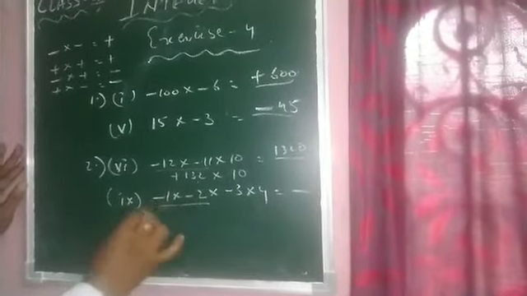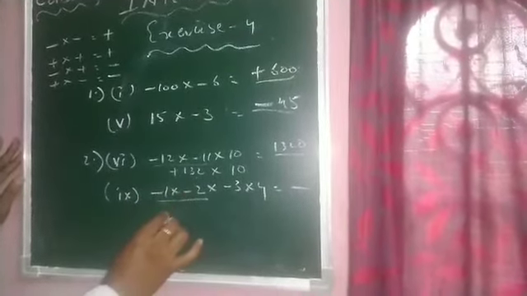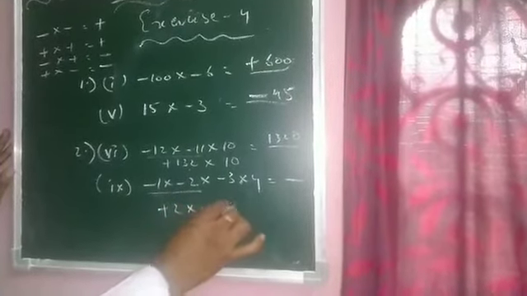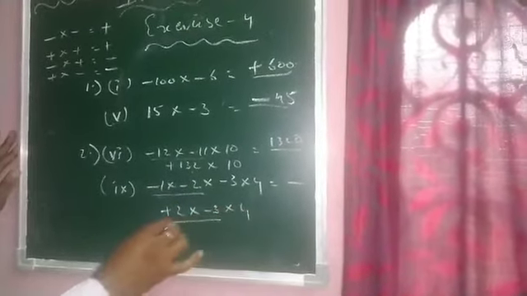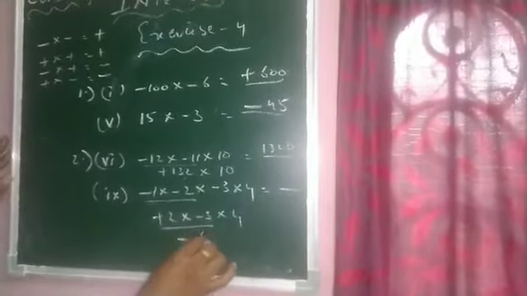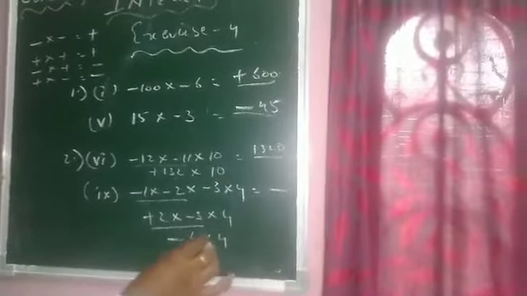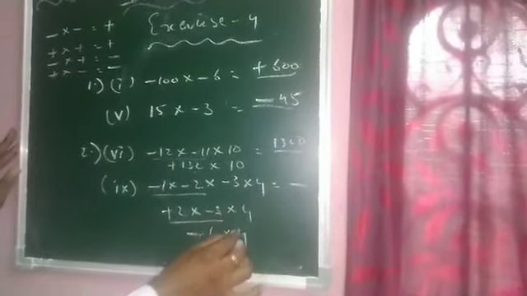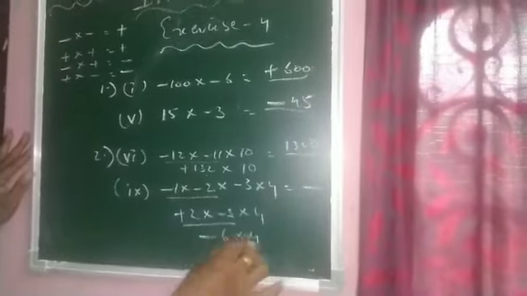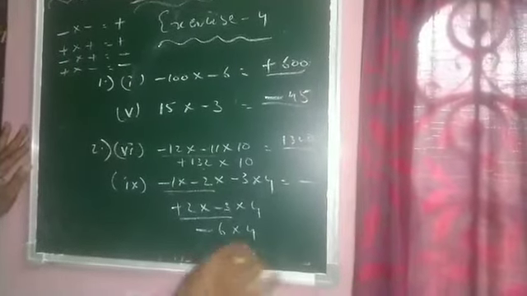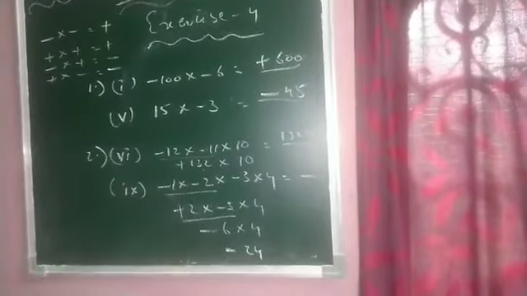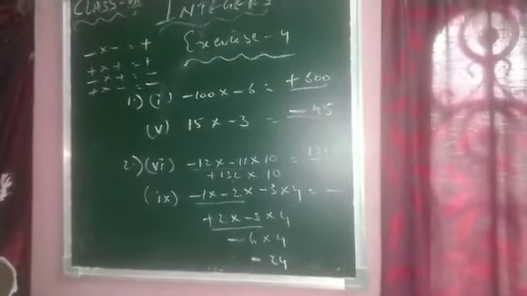Again, when you come to the ninth question, here 4 integers are there. See here, first 2 integers, minus into minus, plus. 1 2s are 2, into minus 3 into 4. Again 2 numbers, plus into minus, minus. 3 2s are 6, into 4. Again there is no sign, this symbol means positive. Minus into plus, minus. 6 4s are 24. In this way you solve the sum. Remaining sums also you complete.